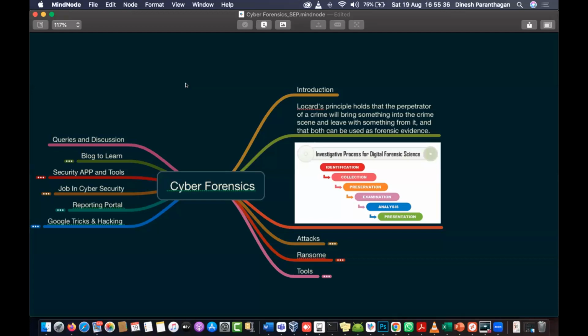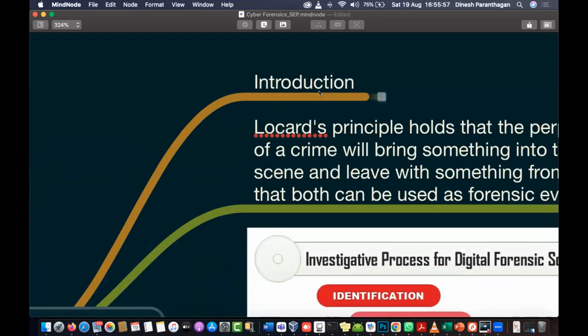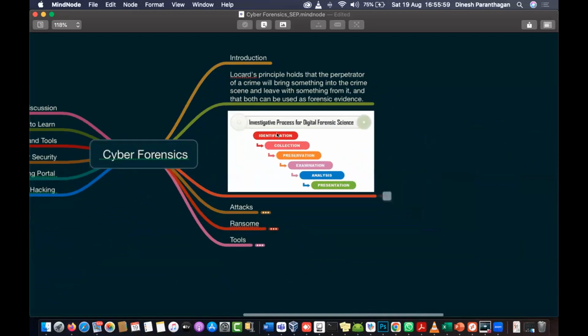I think you have some clear idea about what cyber forensics is from the previous session and the introduction, so I don't need to waste much of your time in the introduction part. So here is the introduction: probably every one of you, right now, we are using a mobile phone.